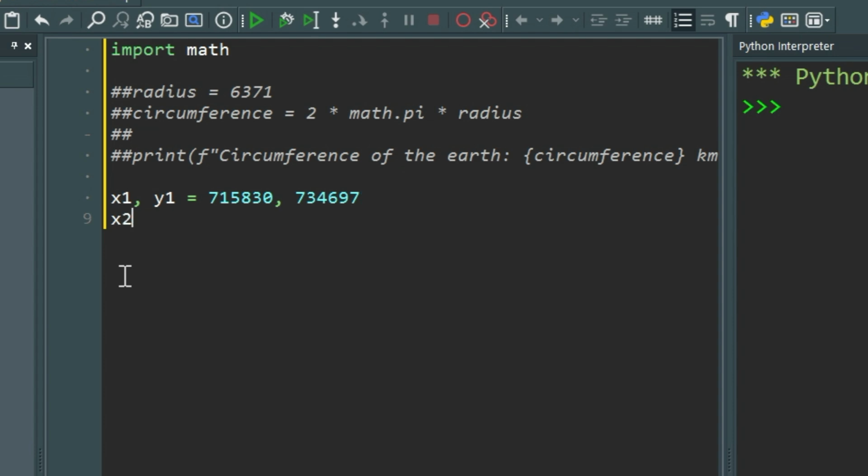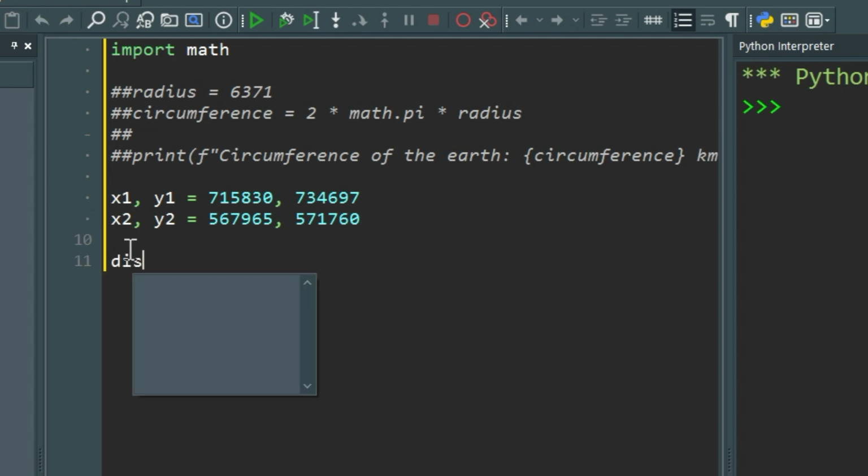And we'll have an x2 and a y2. I'll set this to equal 567965 and 571760, and that is somewhere in Cork in Ireland. So we're going to get the distance between Dublin and Cork. We'll create a variable called distance and we'll set this to equal